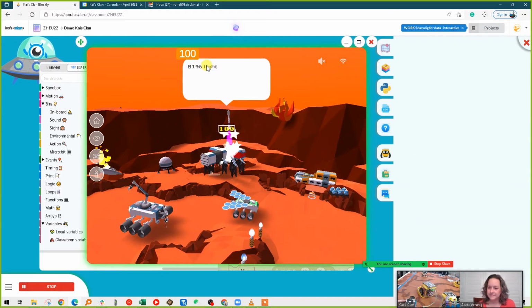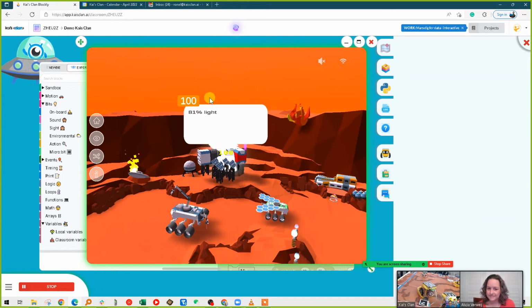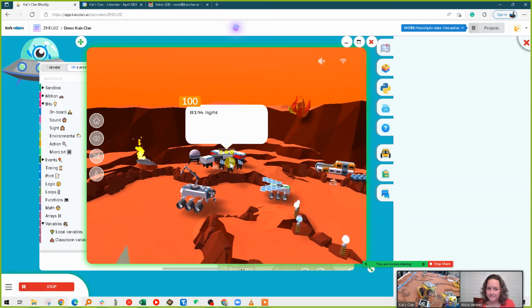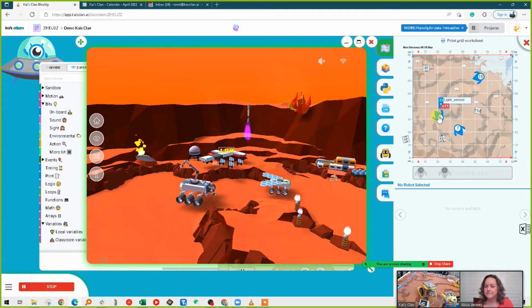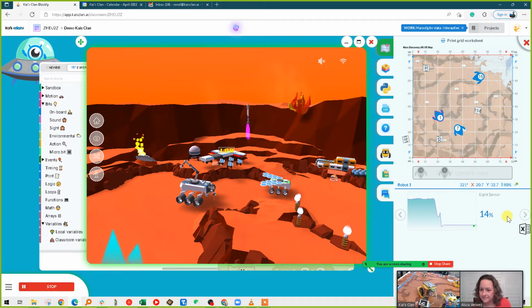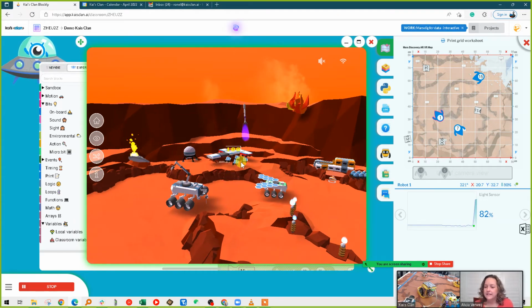So we've got 81% of light currently coming through, and if we block that, now you see the building shrink because the light sensor value has dropped down. Actually, if we show the value, the light sensor is 14%, so the building is only 14% high on its Z axis, on its height axis. And if we remove that,